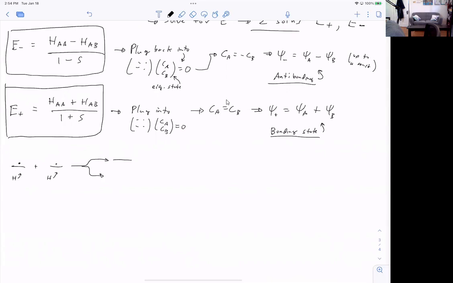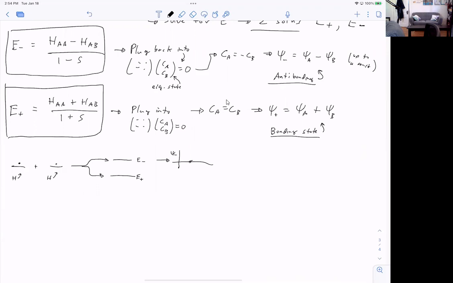This is my E minus state. And this is my E plus state. And I can see that this corresponds to psi minus,